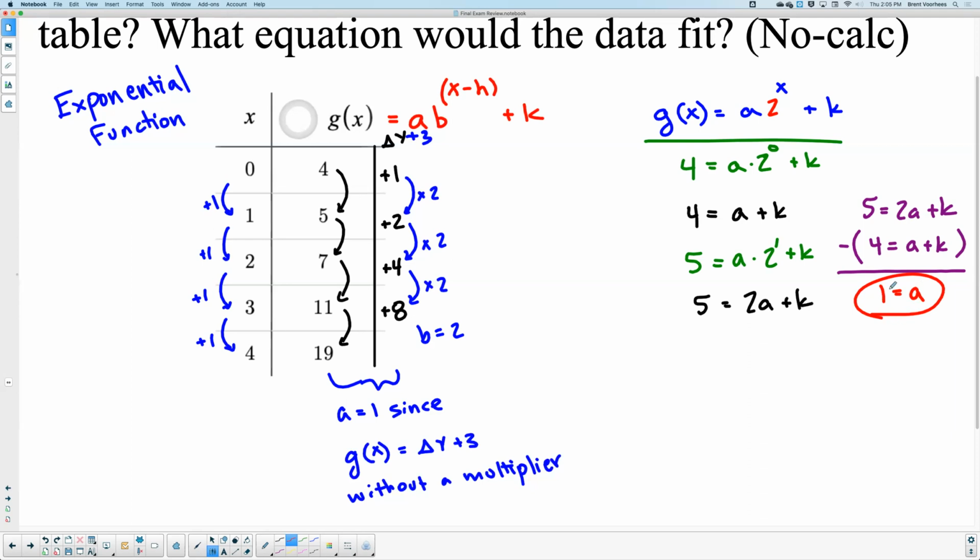And now that I have that variable, I can just plug that into either equation. Since I have this one right here, we'll plug that in. So now instead of 5 equals 2a plus k, I'm just going to say 5 equals 2 times 1 plus k. 5 equals 2 plus k. What is k going to be? That's correct. We subtract 2, we find out k is